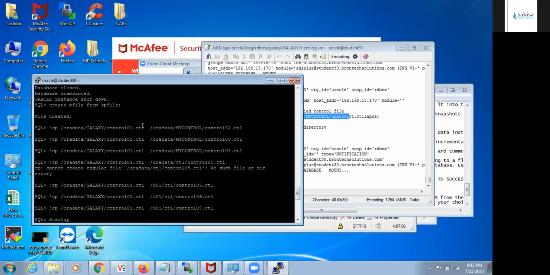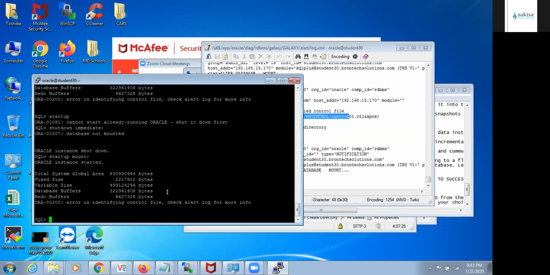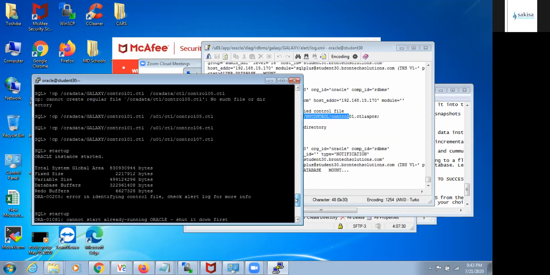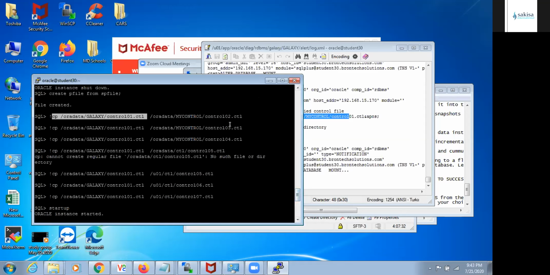So it means I was supposed to start like I did, cp data/galaxy control 01.ctl /ora/data/control/control1.ctl, exactly. I never started control 1. Now what do I do at this stage? Just copy. Your database is down. Just copy. For control 01, no, don't do that.